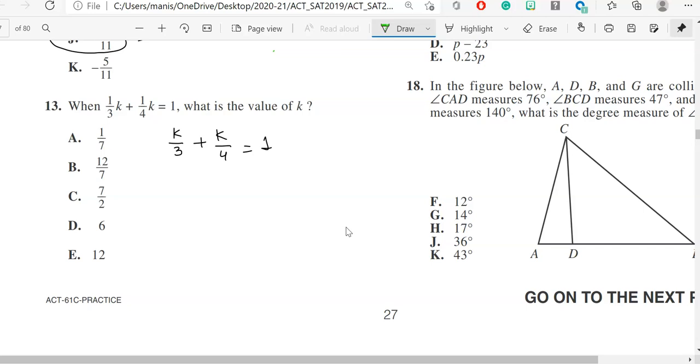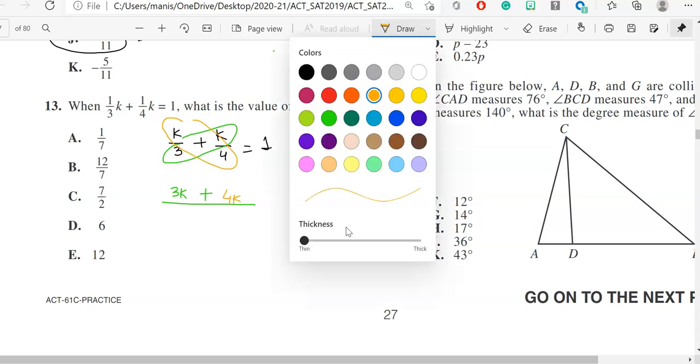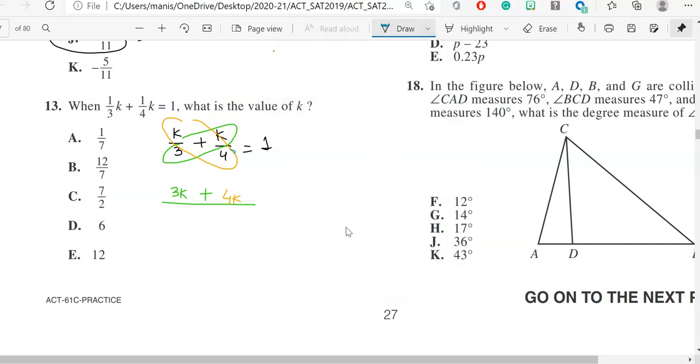Okay, we are adding two fractions. Usually what I tell my students is first of all you need to multiply these two. So it gives you 3 times k is 3k. There's a plus sign. Then afterwards I will multiply these two. 4 times k is 4k. And the third step is to multiply these two. 3 times 4 is 12, equal to 1. So now it becomes 7k over 12 is equal to 1. Now after this I will write one imaginary one over here and I will cross multiply.